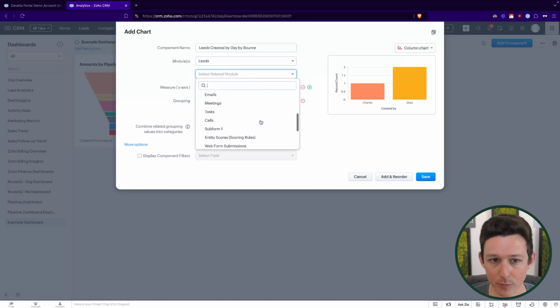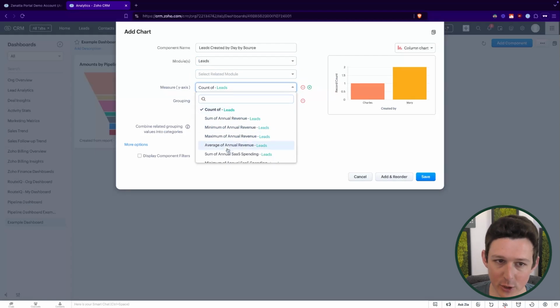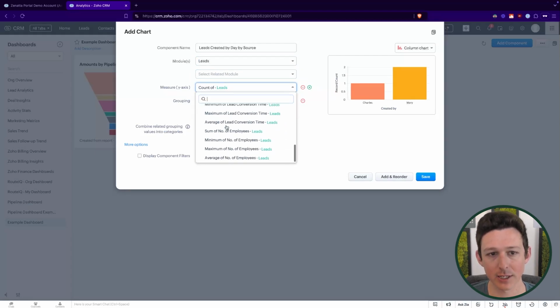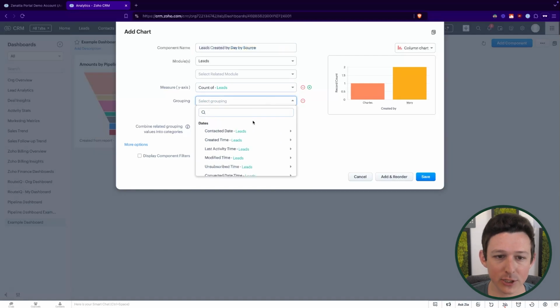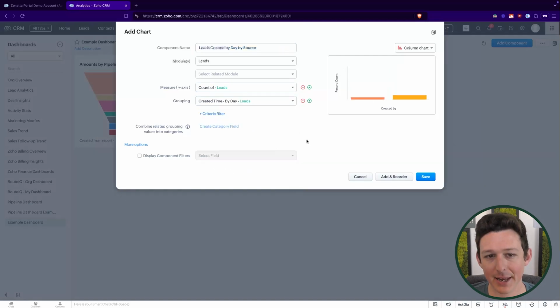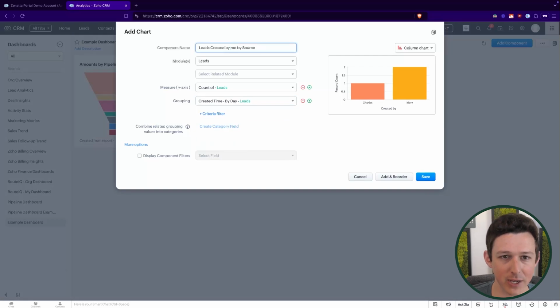In this case, we don't, but we could have a report that looks at leads and tasks. Let's determine what we want to sum up or count. So in my case, I do want to do a count of leads created. Now we're going to determine what our grouping is going to be. And now groupings in this case get really interesting. Actually, let's do this by month just so we have a better group